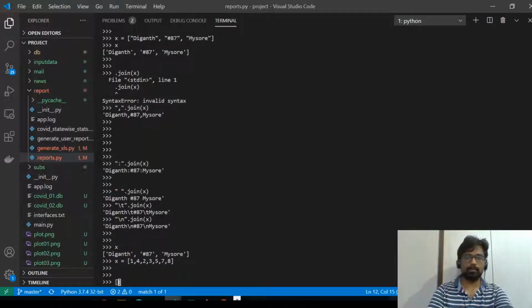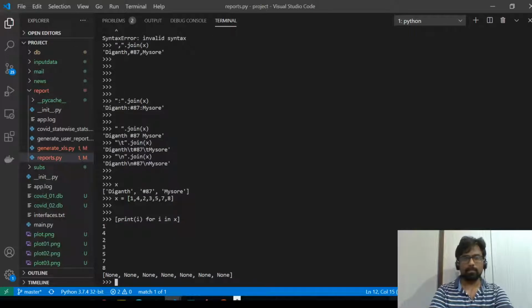So you can also do something like print i for i in x. So you can do something like this. So you can keep loops inside a single line and tell what to do.